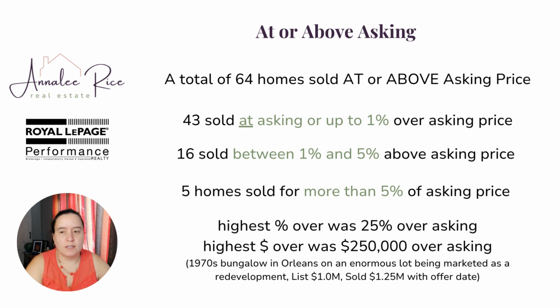25%, which was 16 homes, sold between 1 and 5% over asking price, and then 5 homes sold for more than 5% above the asking price. So this week we're back to where the highest percentage over and the highest dollar value over is the same